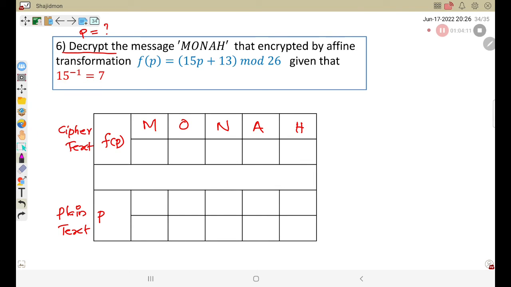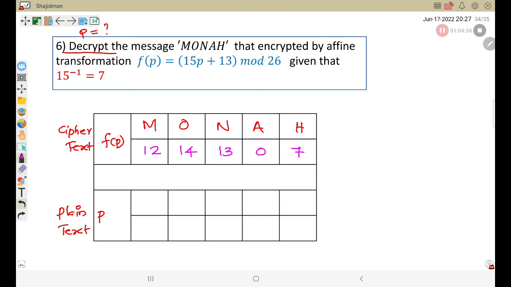Well, now M means what is the letter here? You can change into the numbers. Okay, let's see. M means 12. O means 14. N means 13. A means 0. H means 7. Now, before going to the calculation, you can see